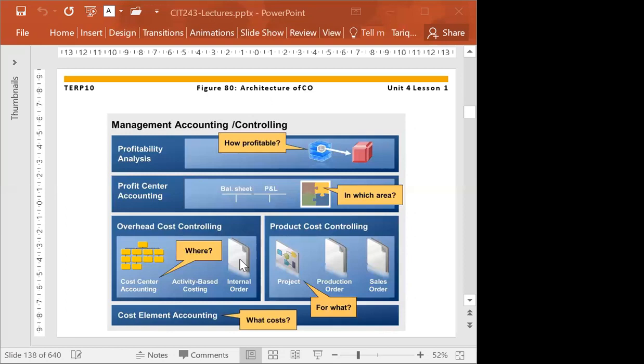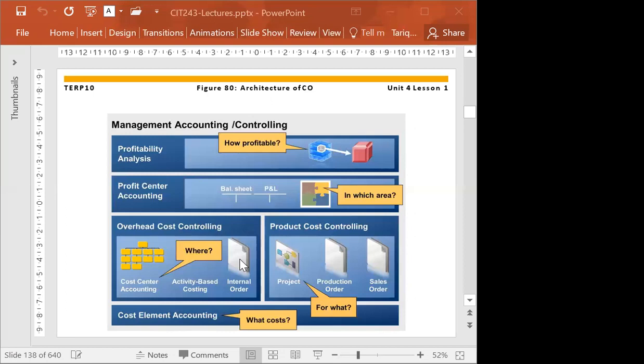Now, if they don't have different cost centers, then at the end of the day, what will happen? They will ask how much are the travel expenses? They will say something like 10 million is travel expenses. Oh, where did we spend? Who incurred these travel expenses? We will not come to know unless we have the cost centers. So, for example, your department is a cost center, human resources, every department is a cost center. So anybody from any department who goes for travel, that travel cost will be recorded in that particular cost center as well.